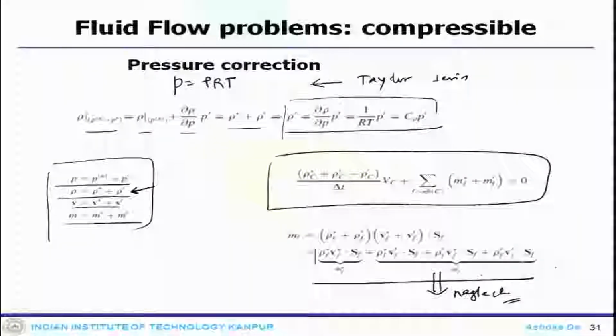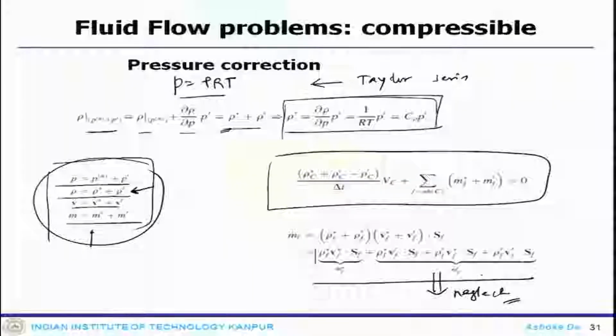Looking at the pressure correction equation, we started with the pressure density relationship, then used the Taylor series expansion to get the density, where one component is the star component. Again, like our incompressible case, you have a correction component which is prime and an intermediate component which will be calculated like a star. Then the density prime was obtained like this, and once you put it back in the discretized